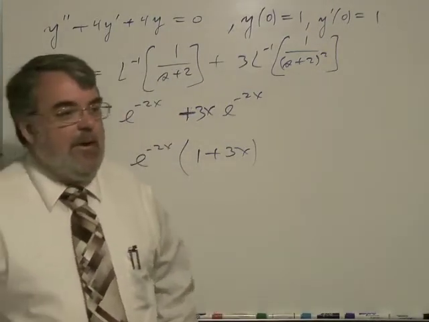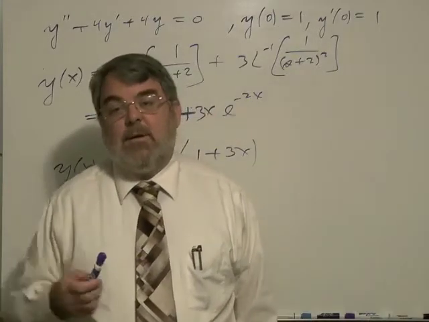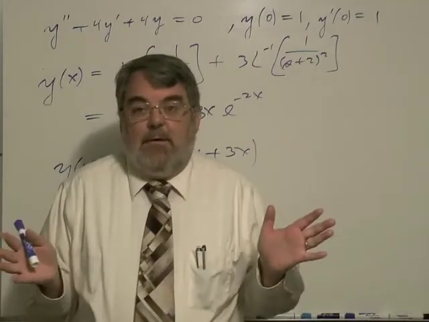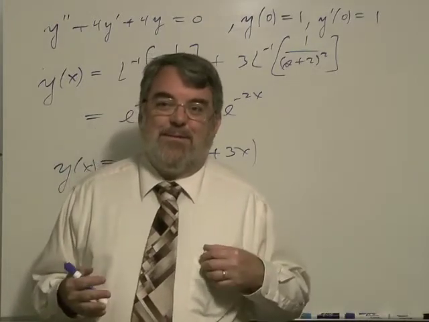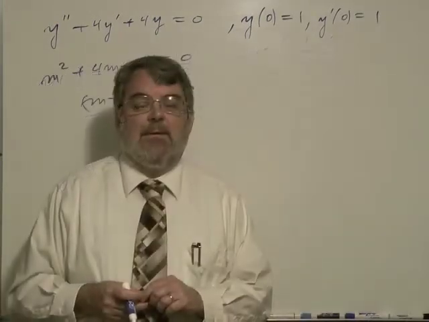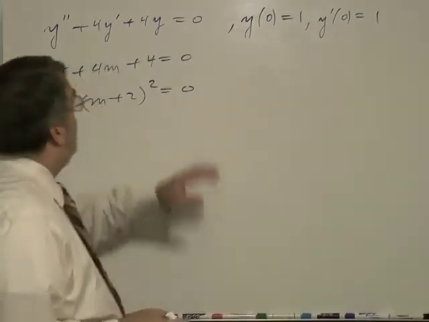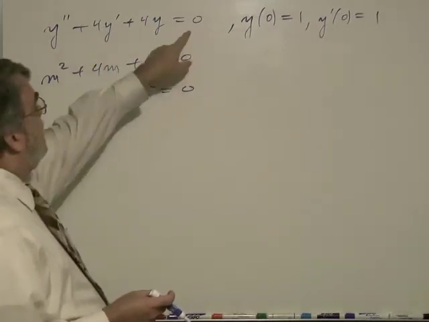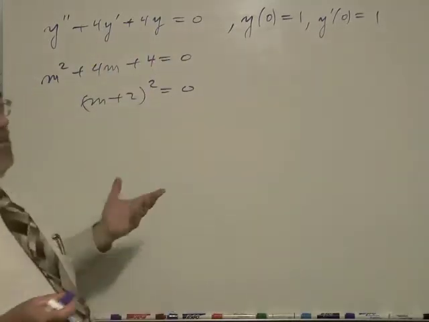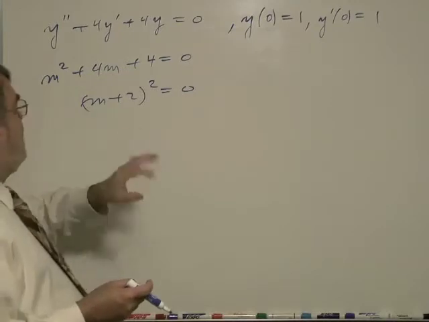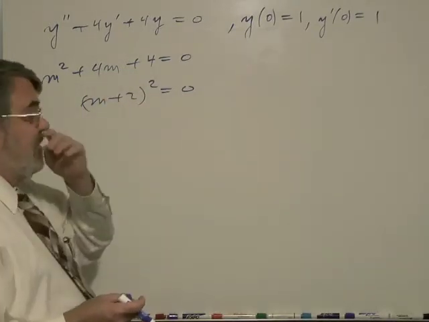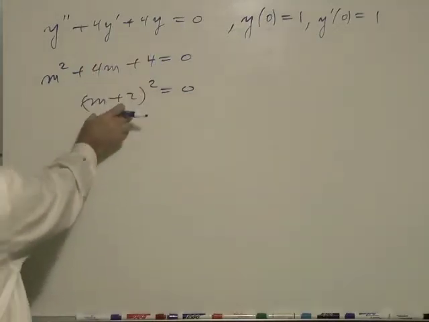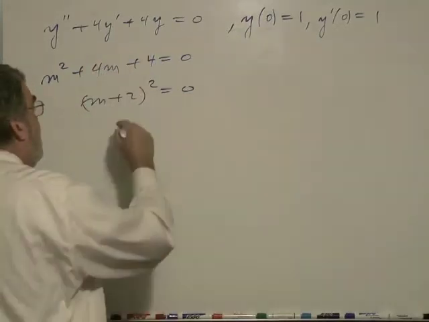So now, for comparison, I'm going to work this rather quickly as a homogeneous problem, so we can compare how much effort it takes to solve these. This is a homogeneous equation because it has constant coefficients, it's second order, and the right side is 0. So we would use the characteristic equation, m squared plus 4m plus 4 equals 0. Solve. And as you saw, this factors as (m plus 2) quantity squared. So we have two roots,